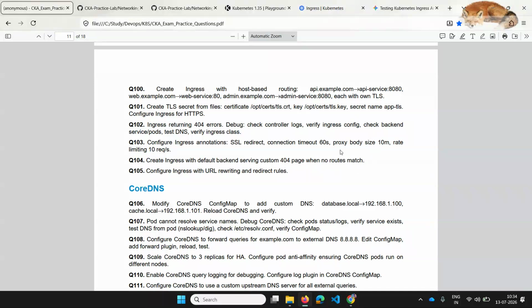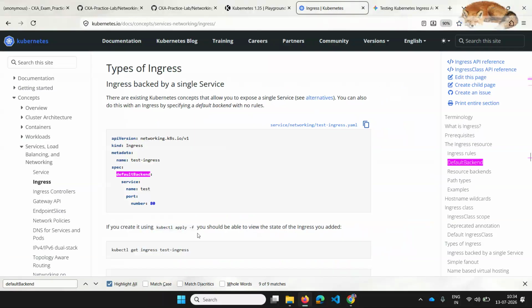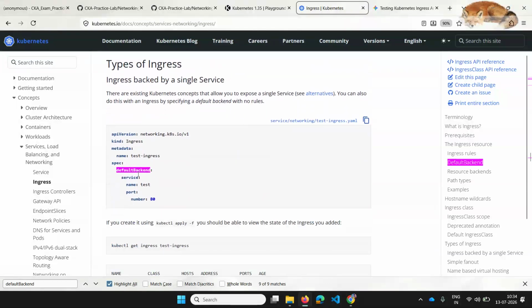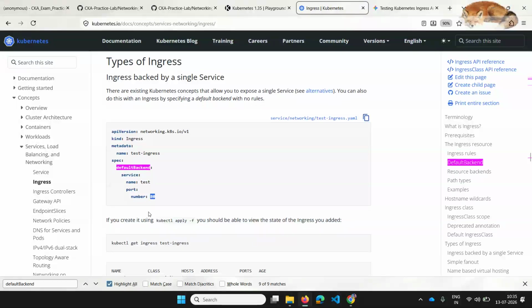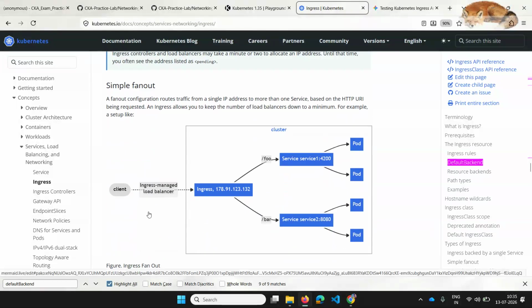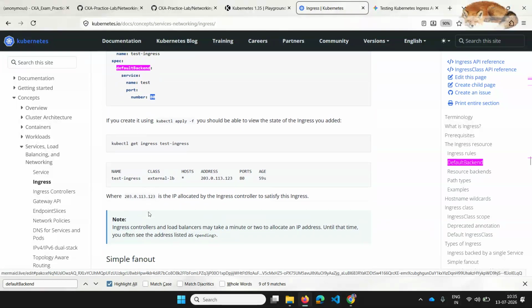In the ingress documentation, this is the default backend, under the types of ingress, backed by a single service. By default, the particular service named test under this port handles the request. This we have placed under the spec section.